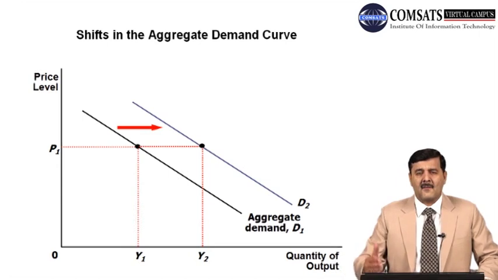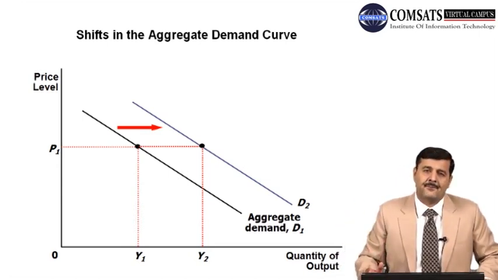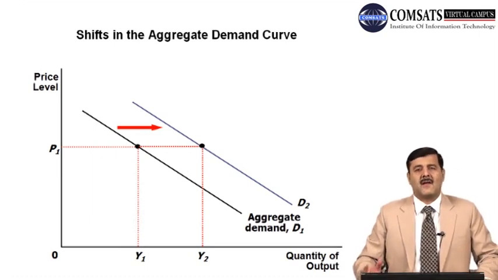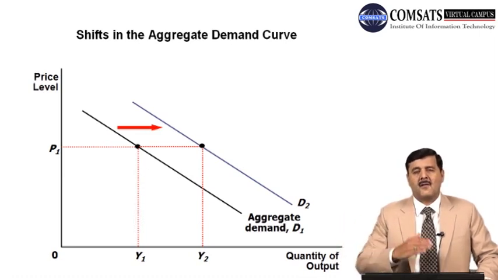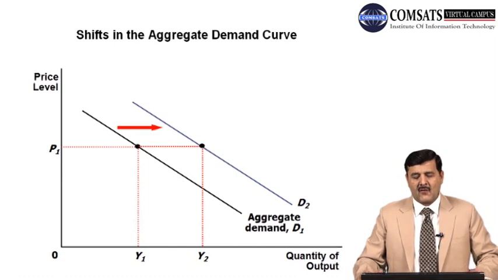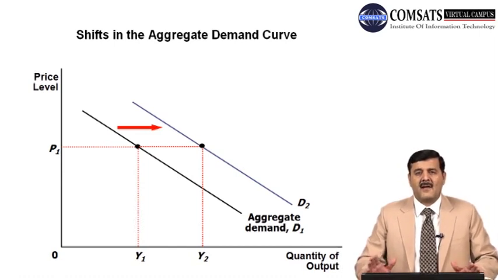तो उसमें हमने बात की consumption की, consumption के बढ़ने से या कम होने से aggregate demand में shift हो सकती है ऊपर या नीचे। उसके बाद हमने बात की investment spending की, investment की तब्दीली की, तो investment की तब्दीली से भी demand curve ऊपर नीचे जा सकता है। And then we have talked about government spending की बात की, जब government spending में इजाफा होता है तो demand curve ऊपर shift हो जाएगा, अगर कमी होती है तो demand curve नीचे shift आ जाएगा।